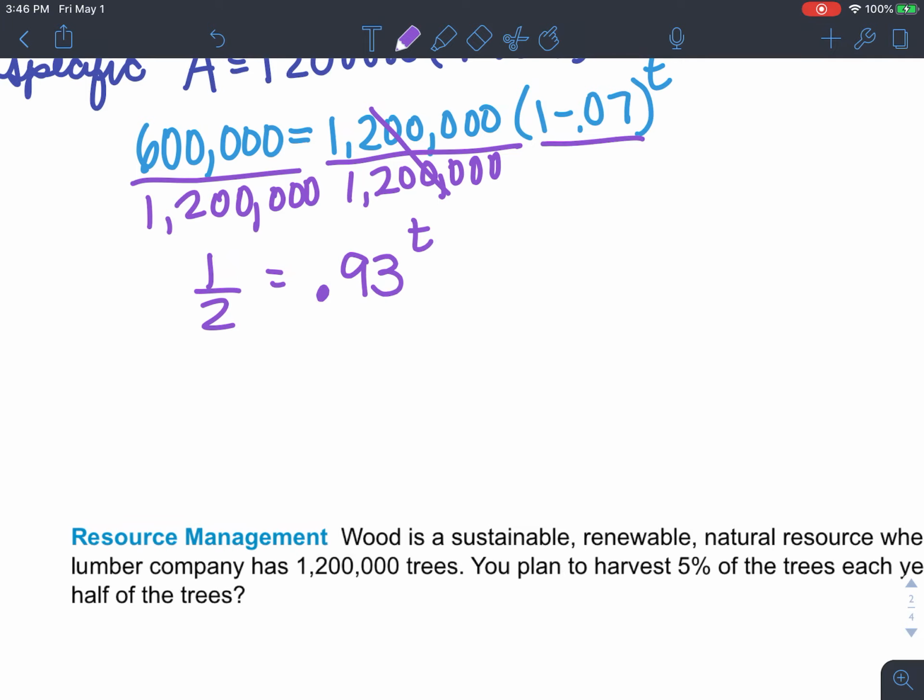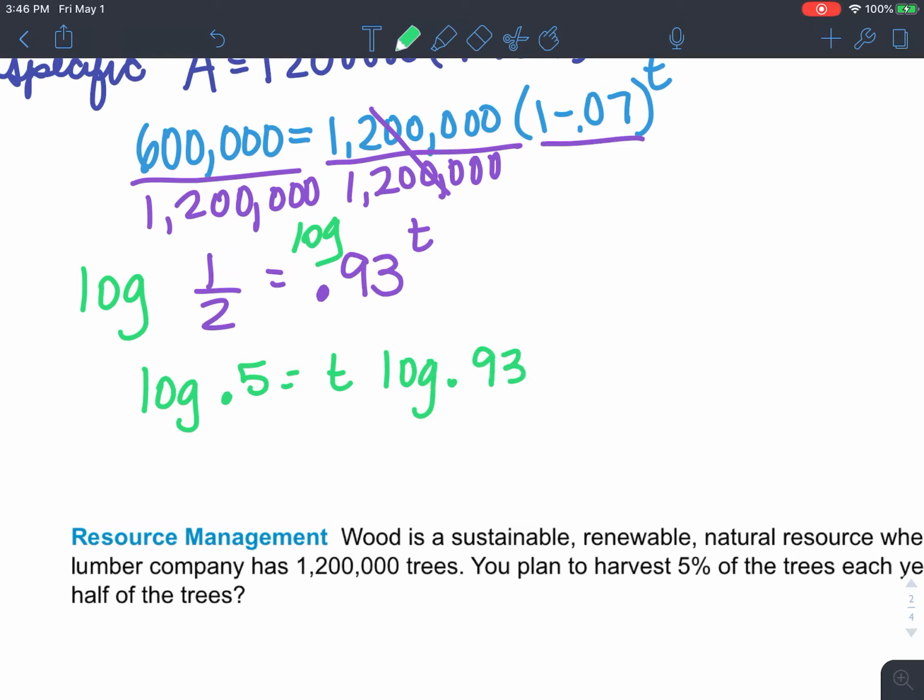So I'm going to take the log of both sides. That's going to give me log of 1/2, I'm just going to write 0.5 though, equals t times log of 0.93. So t will equal log 0.5 over log 0.93. That's going to give us